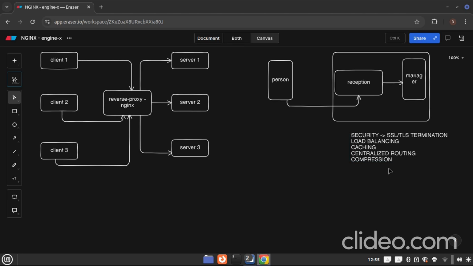Now, NGINX has benefits. Outlining any kind of system, passing a system through a reverse proxy, there are so many benefits, and one of the benefits is security. That is through SSL TLS termination. Then there is load balancing, there is caching, there is centralized routing, and there is compression. Now, this SSL termination,